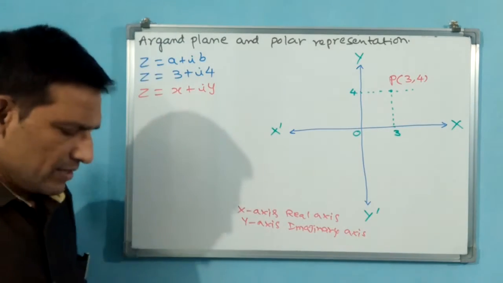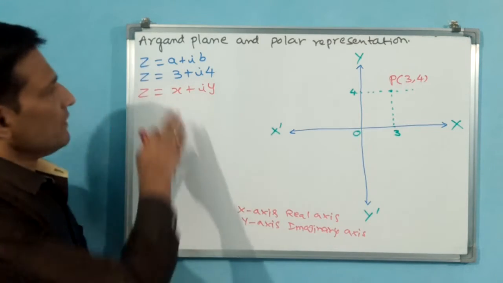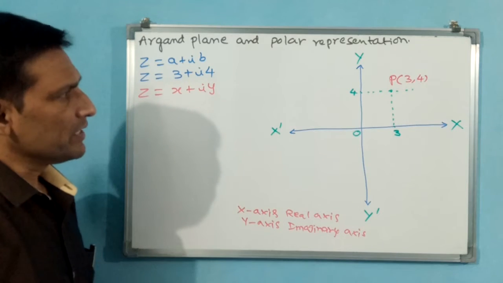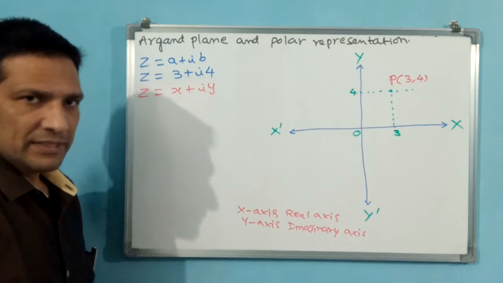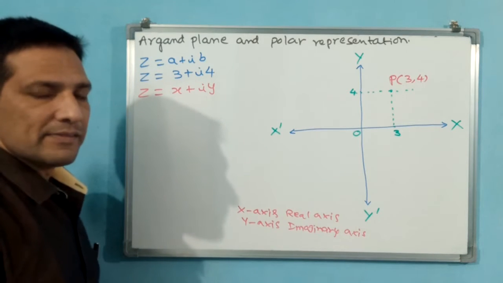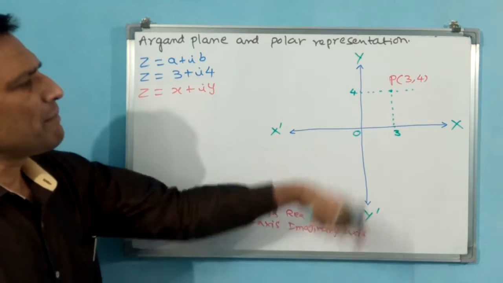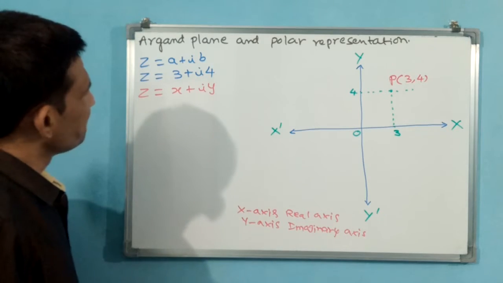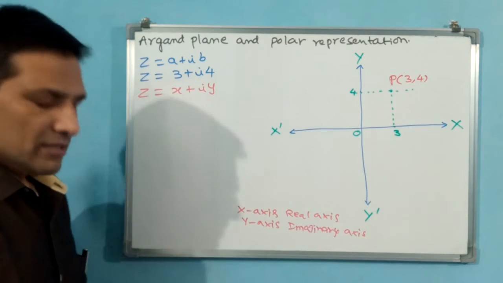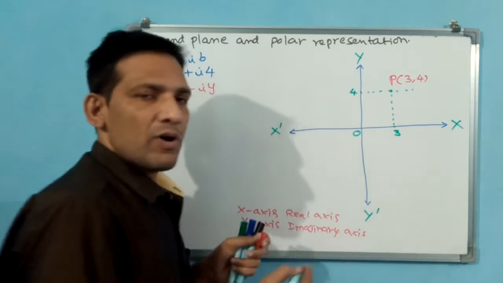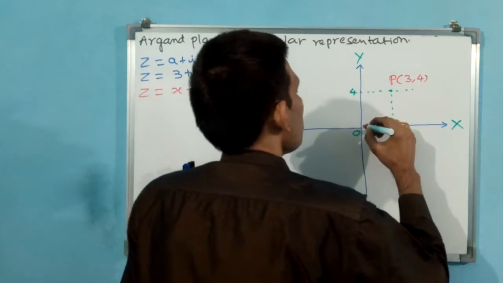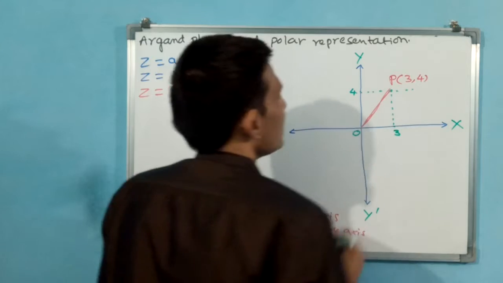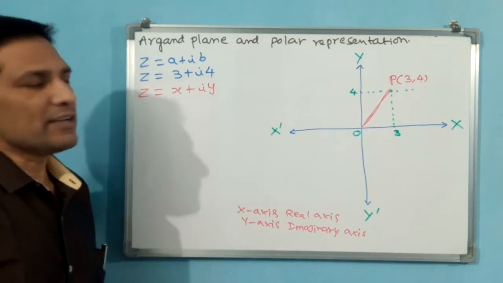You see, the x-axis we came to know is the real axis, and the y-axis is the imaginary axis. Now you have taken 3, 4 only, but what about minus 3, 3 minus 4? Now let us first see the distance. We know the hypotenuse, 0 to P. This is OP.